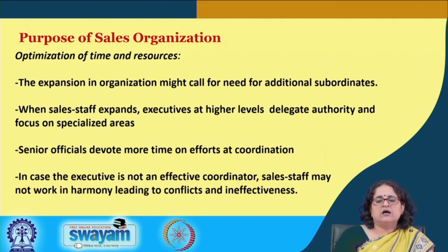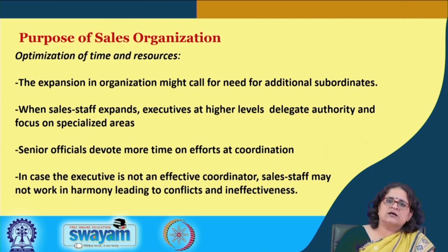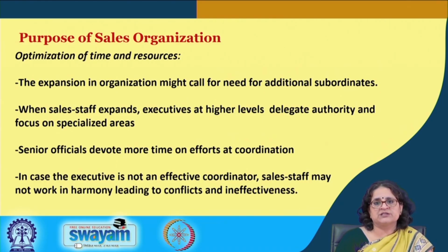The organization structure also clearly helps organize people, the salespeople and the management, and optimize time and resources. Once there is a clear-cut demarcation of roles, responsibilities are laid down, superior-subordinate relationships are known, and there is a mechanism for coordination and control, resources would get optimized, there would be no duplication of activities, no chaos, no confusion. So there would be a huge amount of optimization, and the salespeople would be able to work more effectively and efficiently. Selling expenses would fall, which would have a positive impact on the net profits of